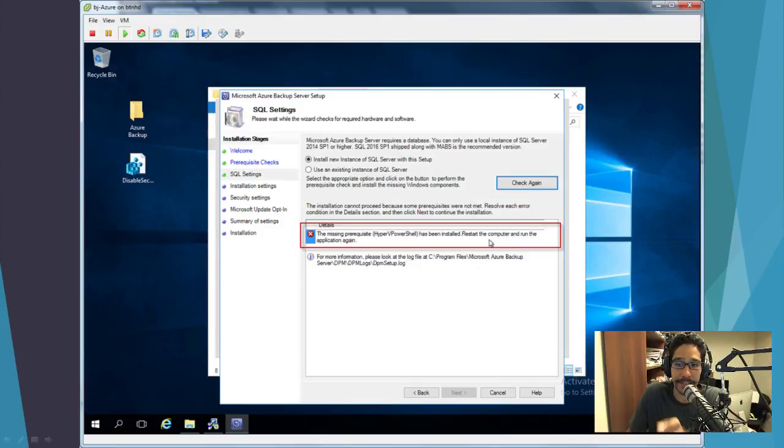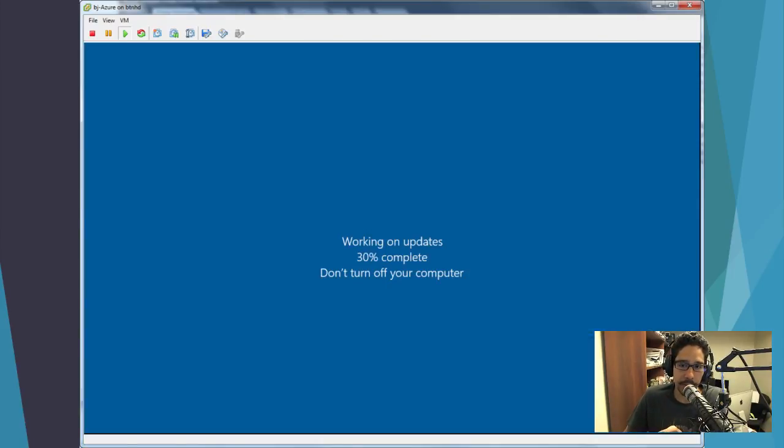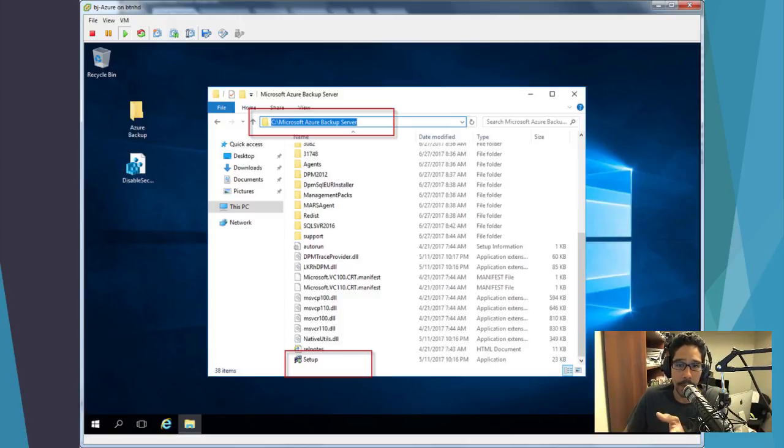and it checked it, and I received an error. So it was missing one of the prerequisites. Now it installs it automatically for you, but what you need to do is, once it installs, you need to restart and then restart the application again. So once I did the restart and that feature was installed, the Hyper-V PowerShell, I went back into the C